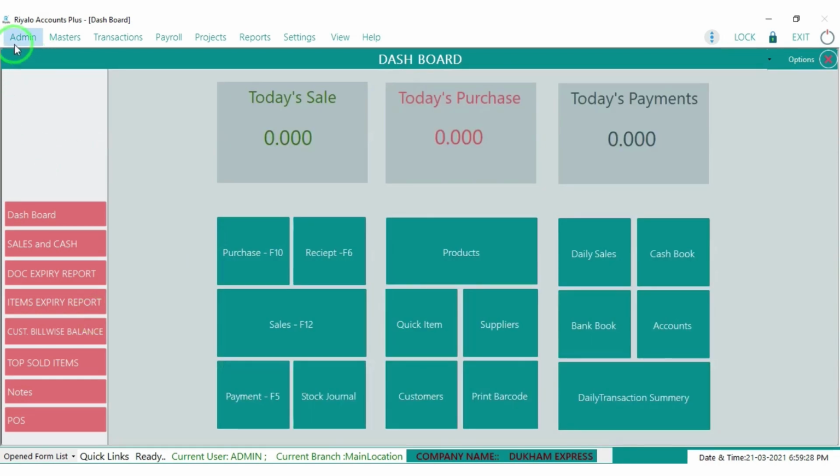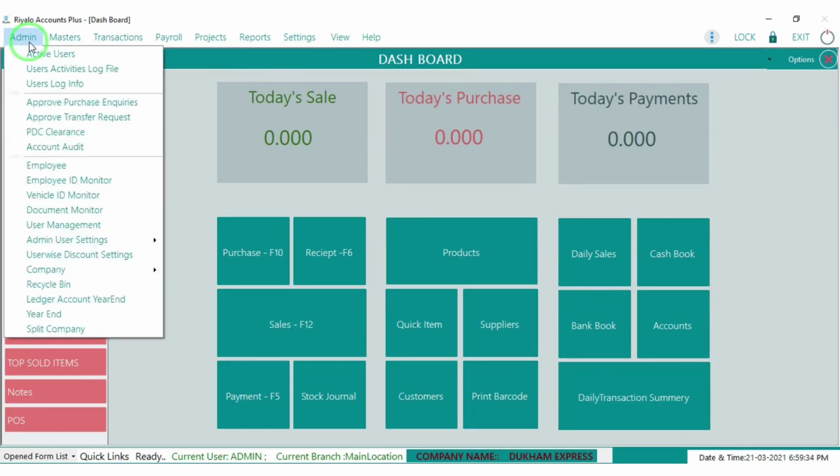Here we can see the details of all the options available in the Realo software. In the admin panel section, the admin based details like user management, document monitoring, document entry, year ending section, splitting the company, and entry of new company details are all based in the admin section.